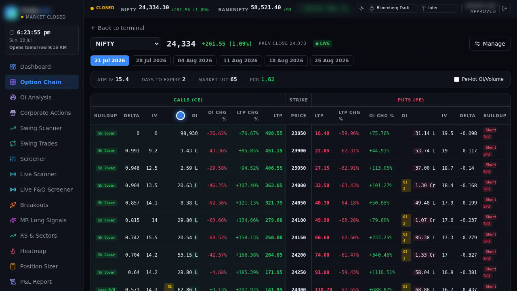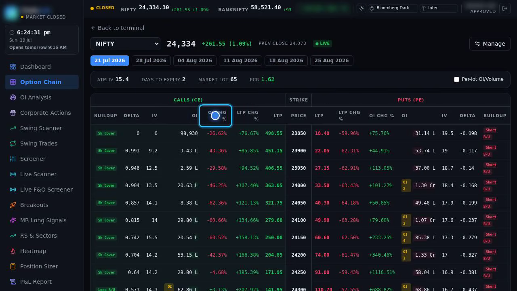To make this easy, this page tags the strikes with the very highest open interest with a gold badge and a colored bar, so you can instantly see where the biggest positions are stacked. And here's the trick that ties it together. Find the strike with the biggest put OI just below the spot, and the strike with the biggest call OI just above it, and you have just read, straight from the market, the range it expects to stay inside until this expiry. No prediction, no guessing, you're simply reading where the real money has committed.